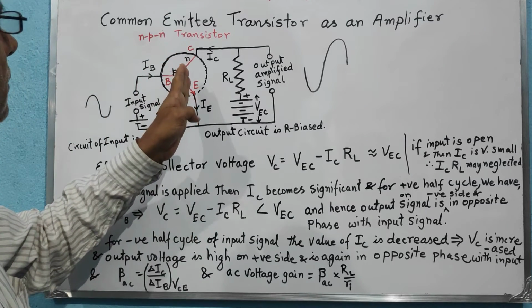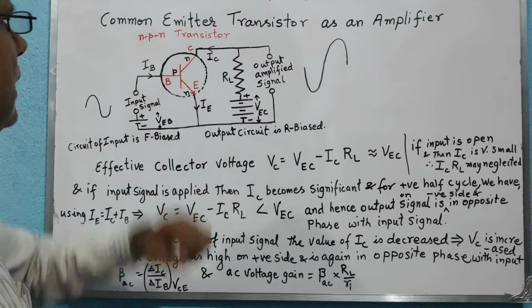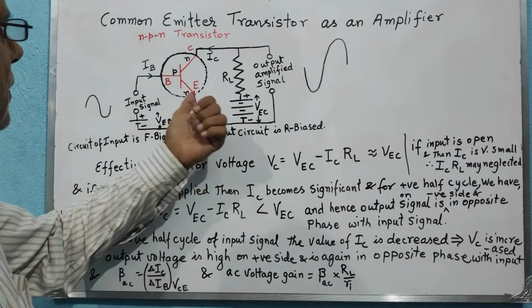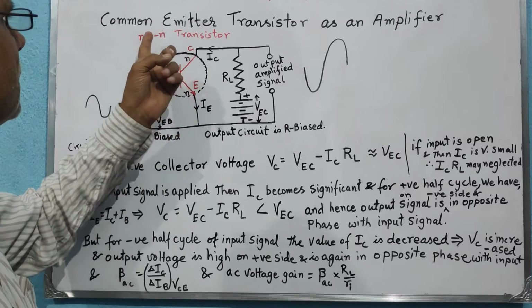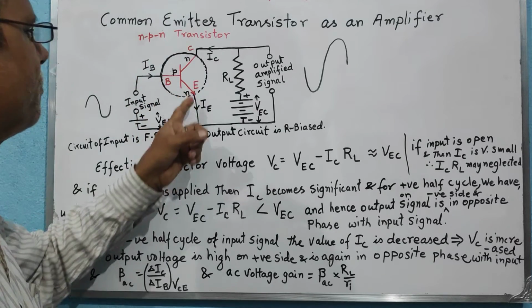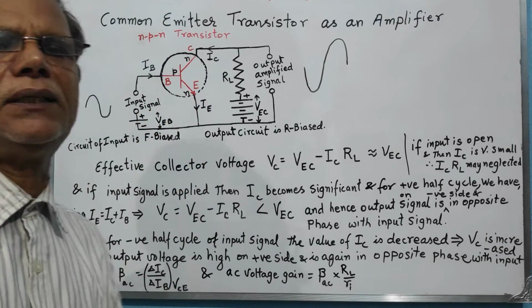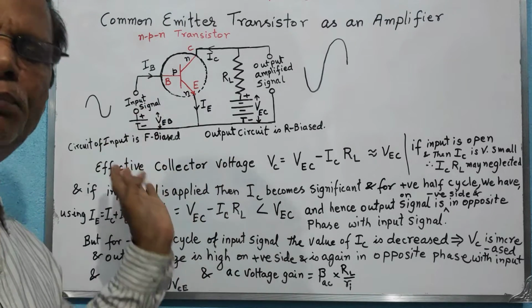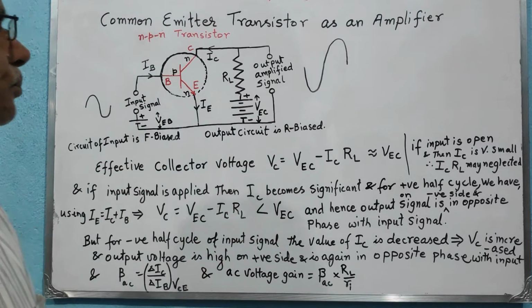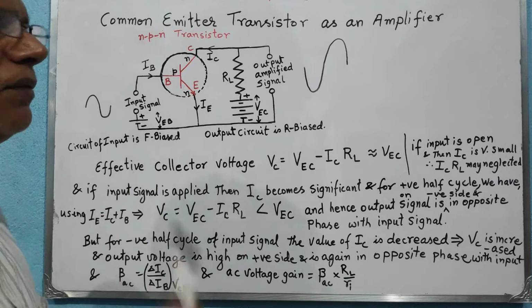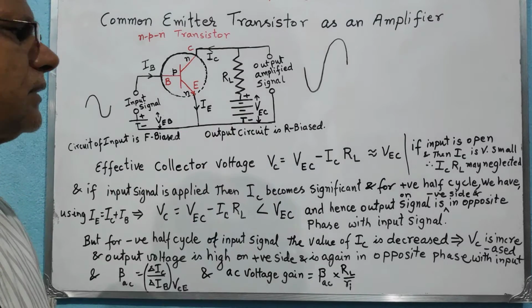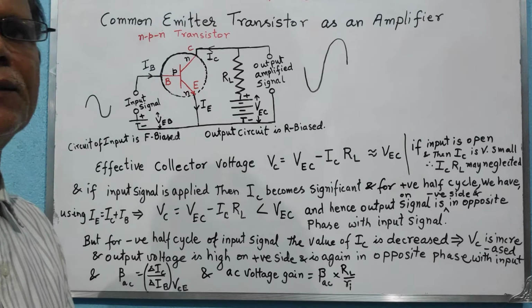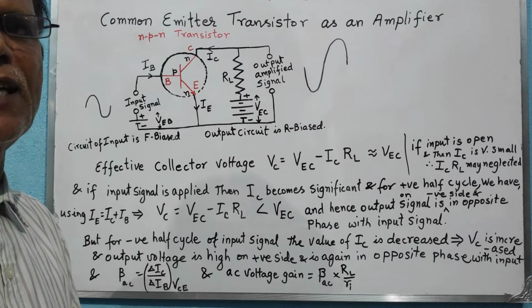Well, we have a transistor. Here we are using an NPN transistor. The arrow is indicating that it is an NPN transistor, and the emitter is held common to the input and the output circuit. We always forward bias the input circuit and reverse bias the output circuit, as we have learned in the discussion for transistor action